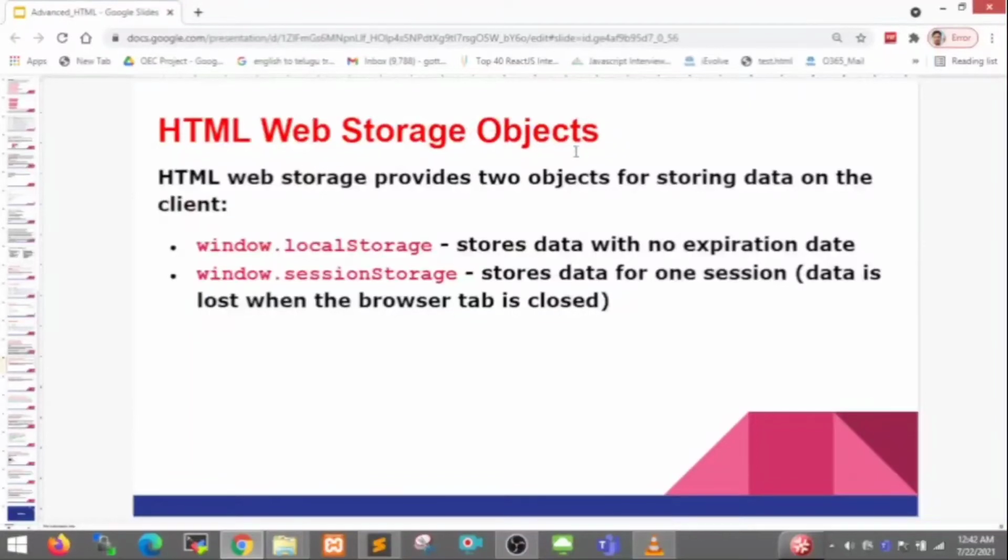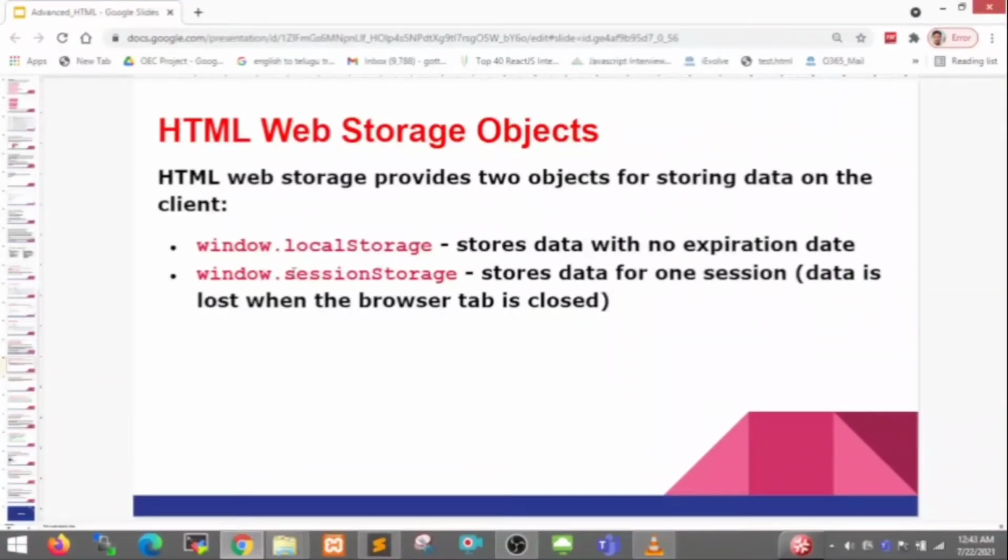HTML web storage objects. HTML web storage provides two objects for storing data on the web client. The first one is window.localStorage, which stores the data with no expiration date.